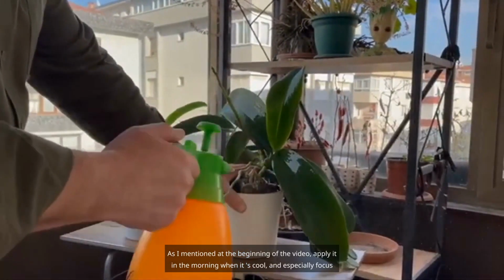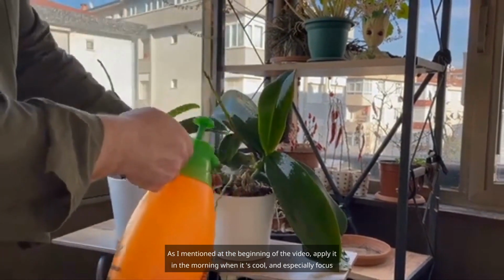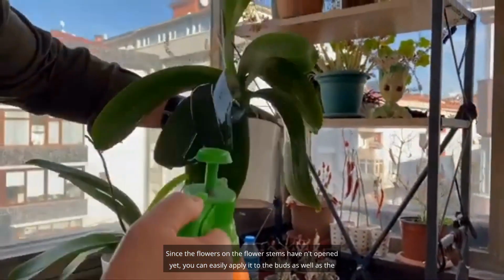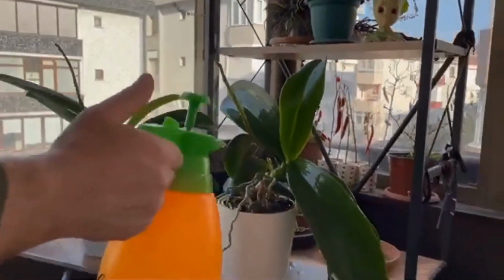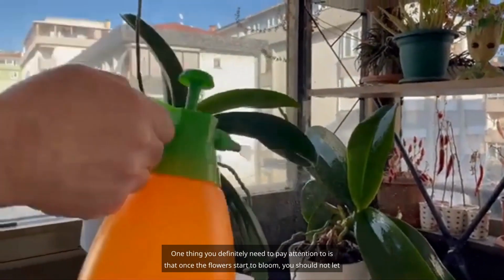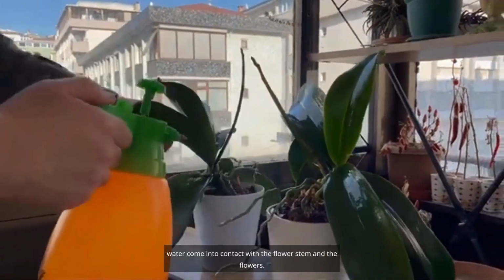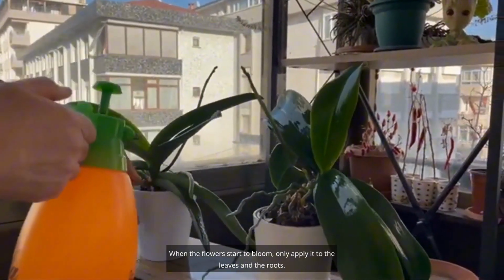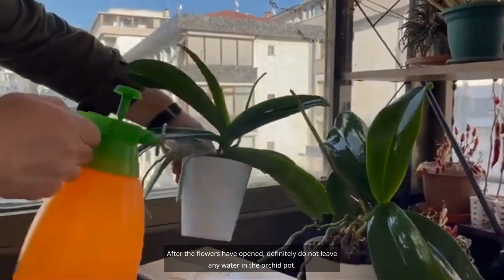As I mentioned at the beginning of the video, apply it in the morning when it's cool and, especially, focus on the undersides of the leaves. Since the flowers on the flower stems haven't opened yet, you can easily apply it to the buds as well as the roots. One thing you definitely need to pay attention to is that once the flowers start to bloom, you should not let water come into contact with the flower stem and the flowers. When the flowers start to bloom, only apply it to the leaves and the roots. After the flowers have opened, definitely